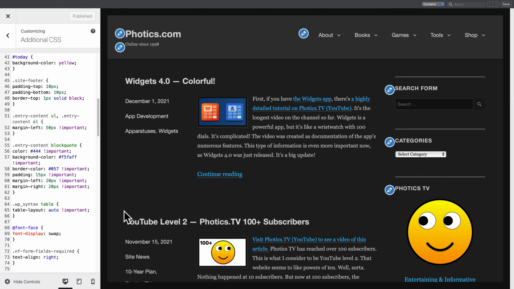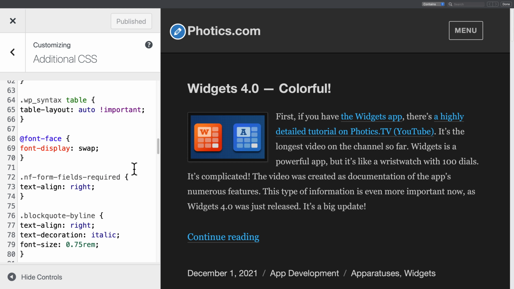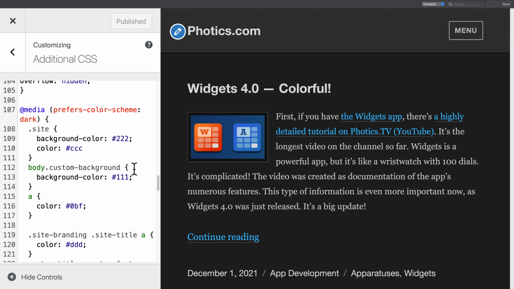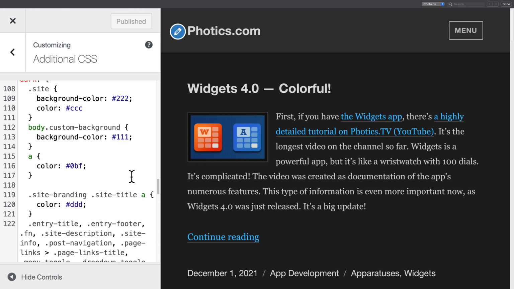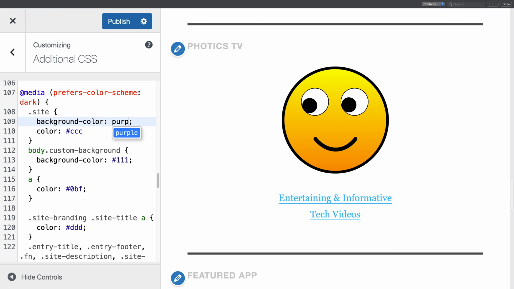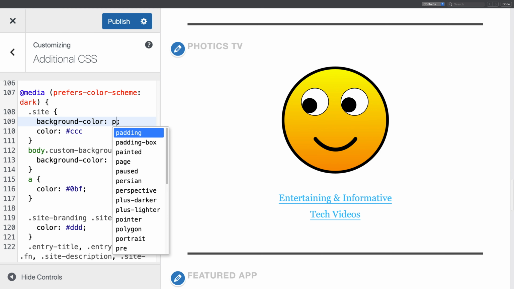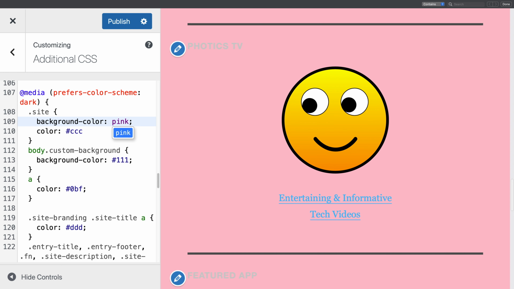In CSS, names preceded by a dot are targeting class names. There's a lot of that going on here. Main navigation, site footer, entry content. I looked for the class names that the WordPress team used. Then I'm modifying those classes in the dark mode styles. That's why it's nice to use the built-in CSS editor in WordPress. You can see the changes live, but without publishing them to your website. That makes it easier to find those hard-to-target elements. Once everything is okay, then the changes can be published.